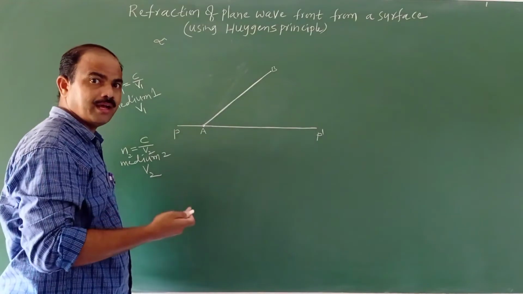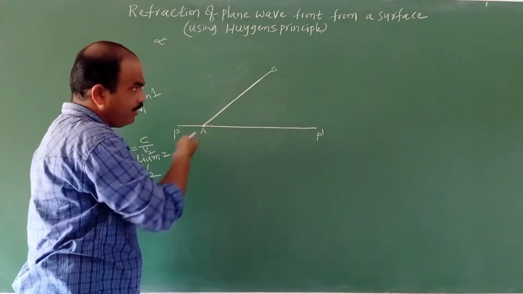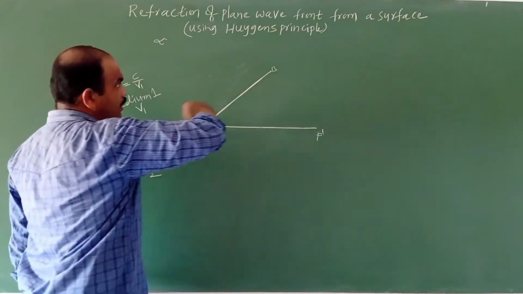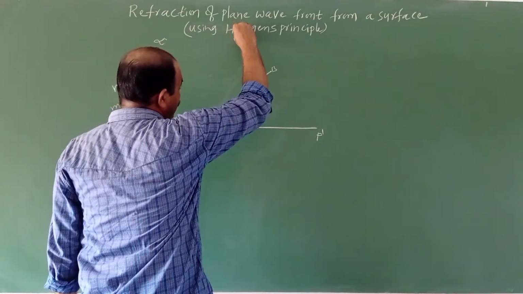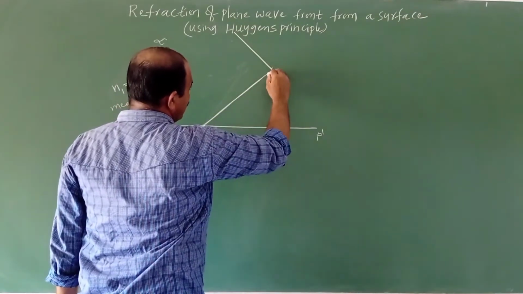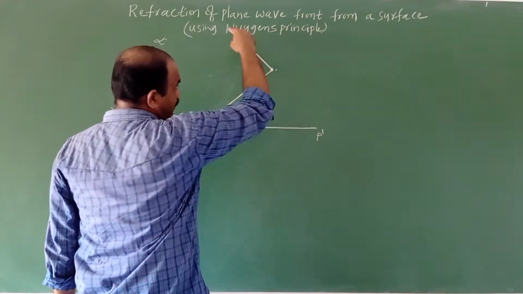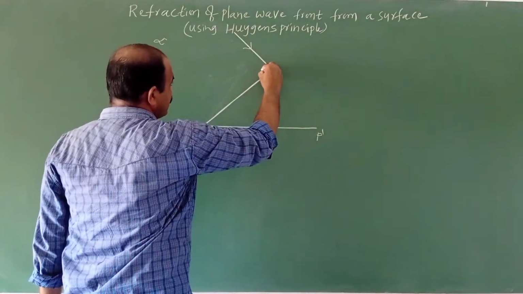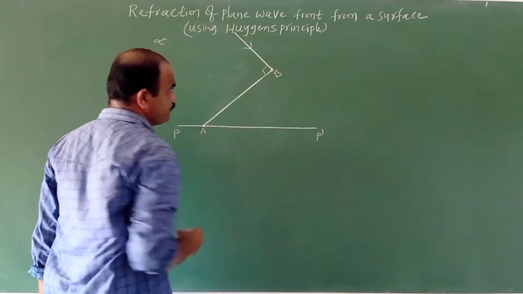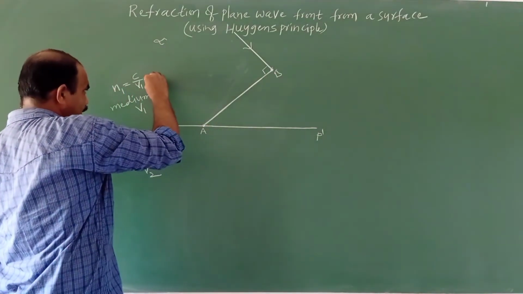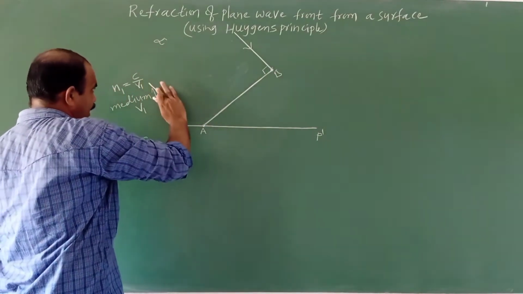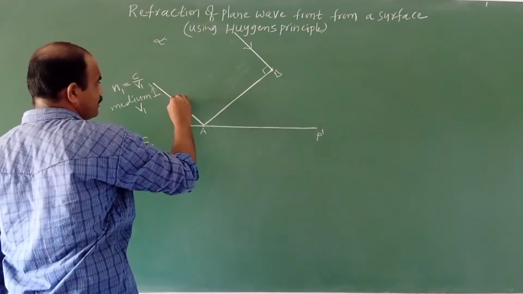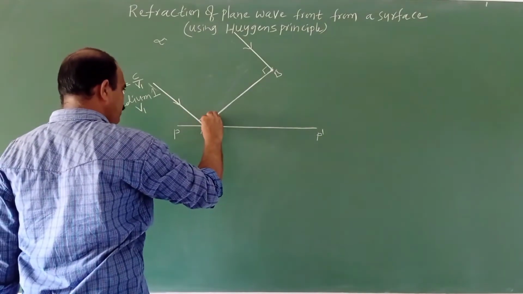But how can I draw the light rays for this plane wavefront? If I draw the two normals, or two rays, perpendicular to the plane wavefront, this is a light ray that is perpendicular to the plane wavefront at B. Next I am taking another line or ray. Consider this is another ray of light, which is also perpendicular to the plane wavefront.